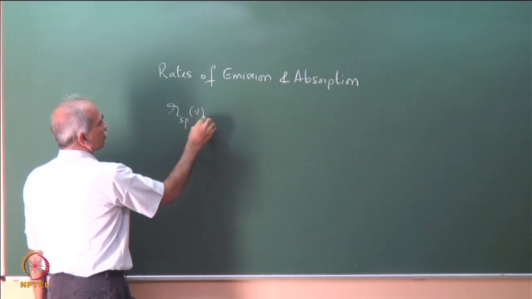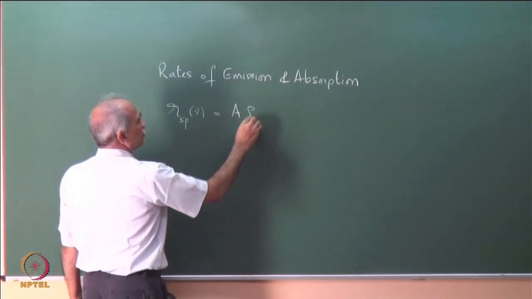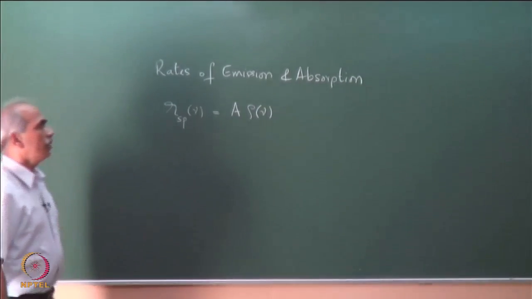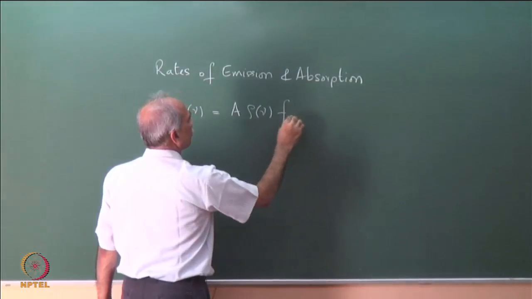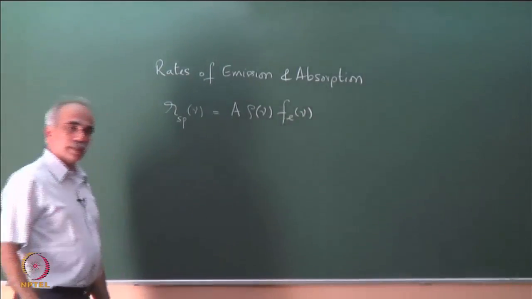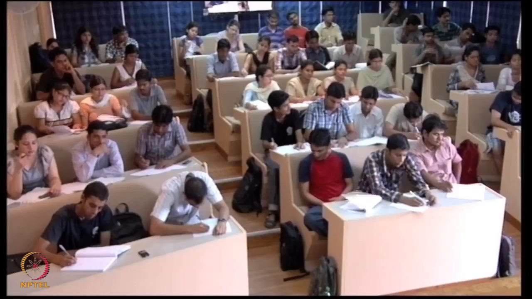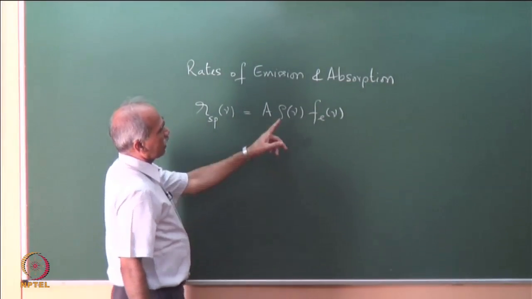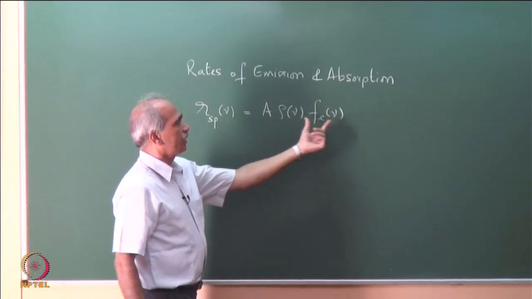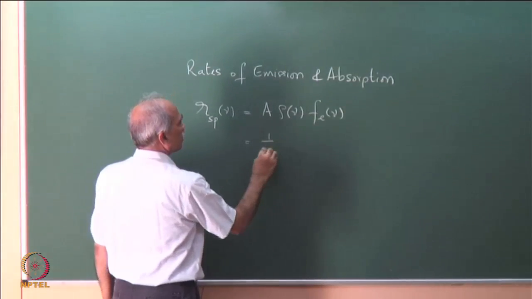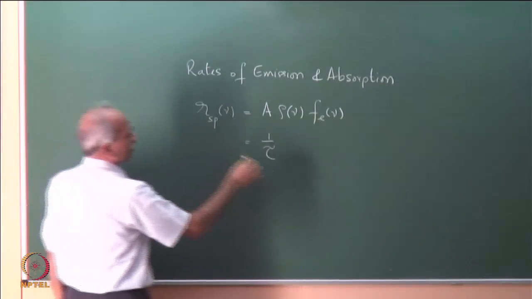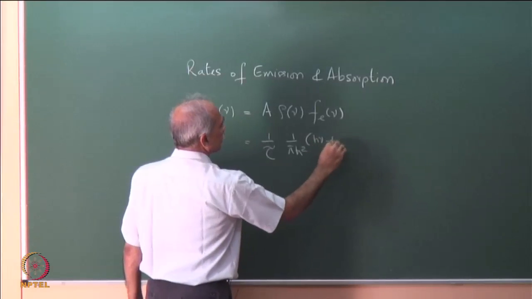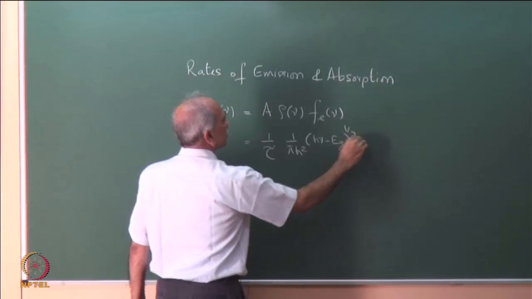R_sp of nu is equal to A into rho of nu, the density of states, into f_e of nu, where f_e of nu is the probability of emission. We substituted the various parameters, that is, for rho of nu we substituted the density. So we have 1 over tau_r, I am just recapping, 1 over pi h cross square into (h nu minus E_g) to the power half into